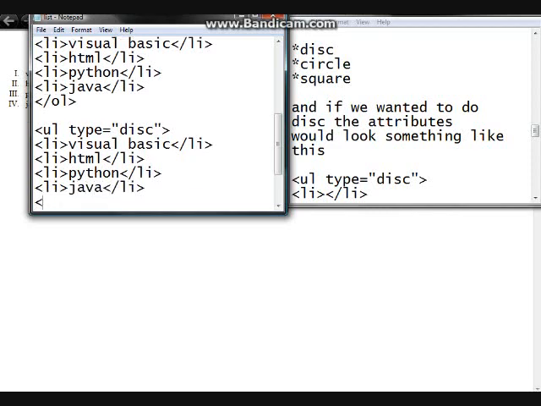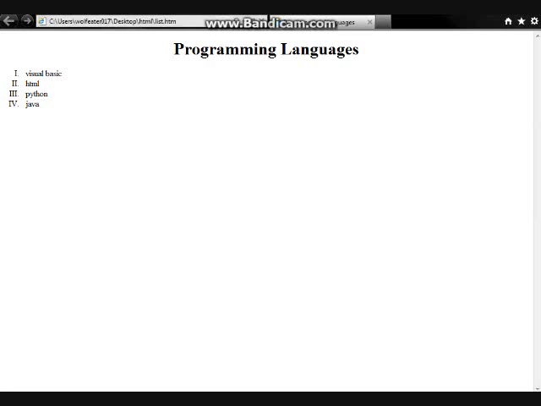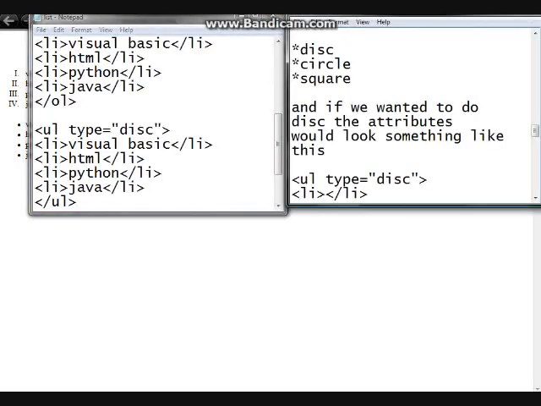And then you close the UL, of course, just like every other tag, and update. Bam! And now it uses kind of a bullet point, and that's what the disc is. And so